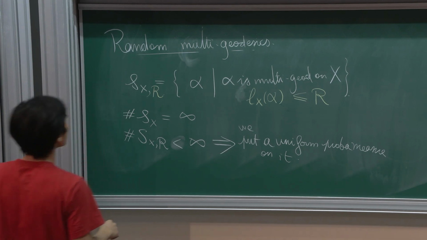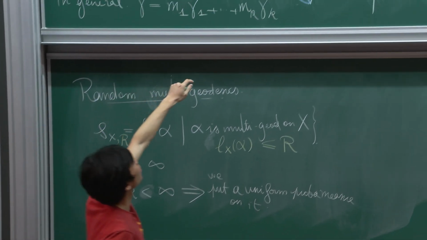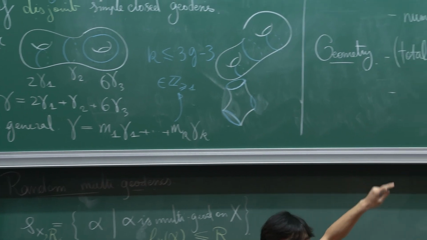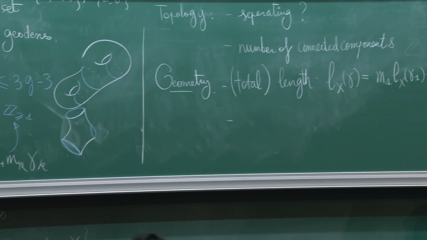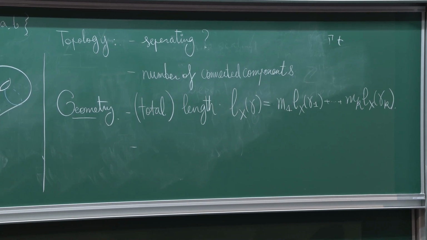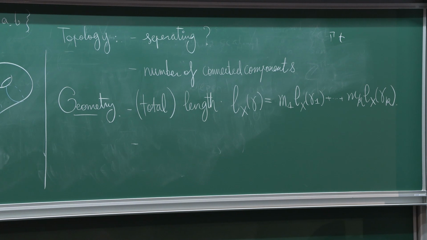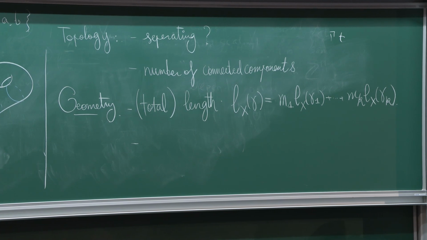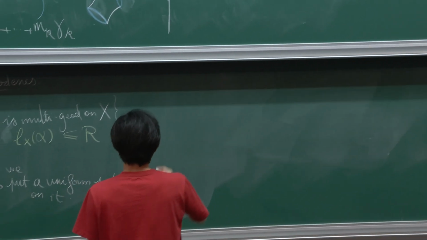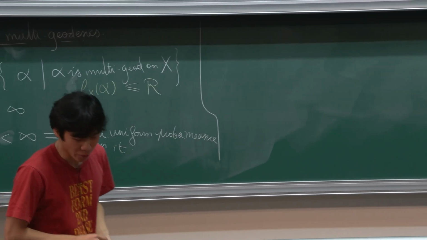So this will give you some probability setting for this question, and then all the questions you can ask before, like about topology and about the geometry, you have a sort of random version or quantum version of it, because then every question you try to answer will give you a probability. It can be separating or not separating with certain probability. So, in general, indeed, those questions are quite